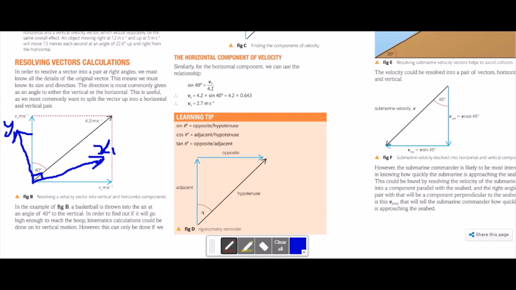It is also important that you pay attention to the sign of each resolved component and make sure that it is consistent with the positive directions of the given axes in the problem, or the axis directions that you choose to use. So, for example,